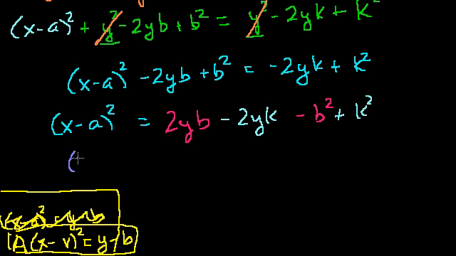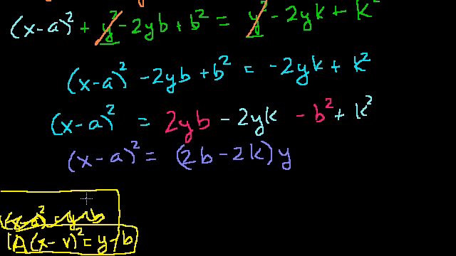So we get x minus a squared is equal to, let's see, if we factor out a 2 and a y, let me factor out a y first. We get 2b minus 2k times y. And then I want to make it minus some constant. So this is a constant right here. This is one constant squared plus another constant. So I could make this equal to minus,